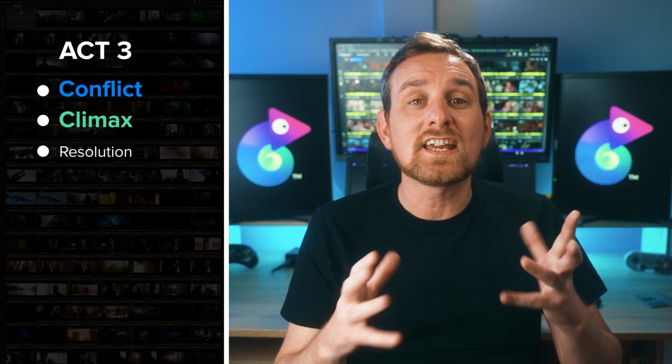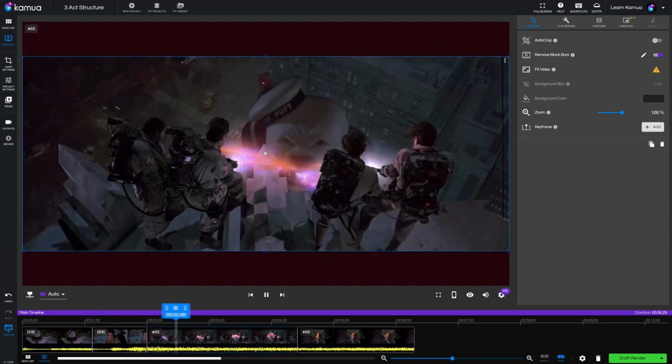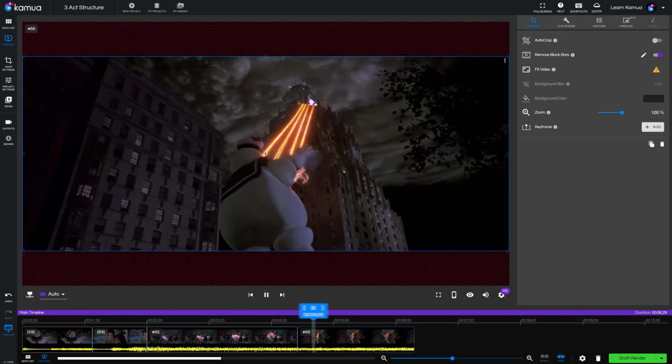So moving on to the climax. Now this is the point of the movie where the goal is finally achieved. It's the thing we've been waiting for the entire film. We see the main characters finally overcome their biggest obstacle yet, and then it can either change their life or allow them to return back to their normal life, which leads us on to the last part, which is the